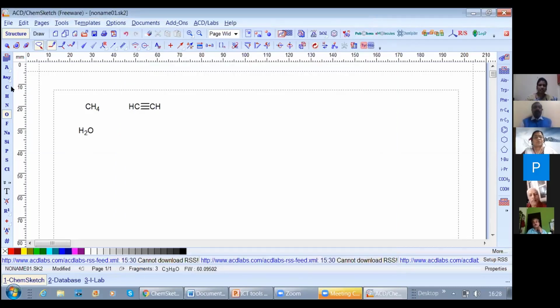And here there are some elements, okay, which are inbuilt, which we mainly use: carbon, hydrogen, nitrogen, all these. So these elements you can directly select and use. If the elements are not there in this bar, then you can go to periodic table and select it. Okay.